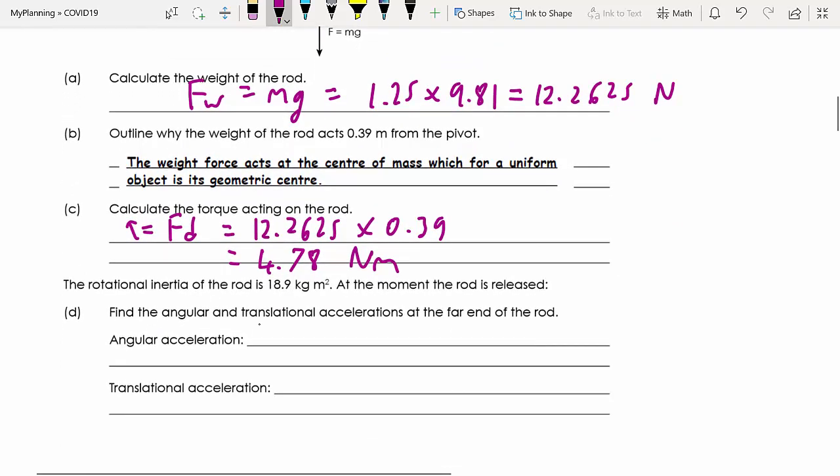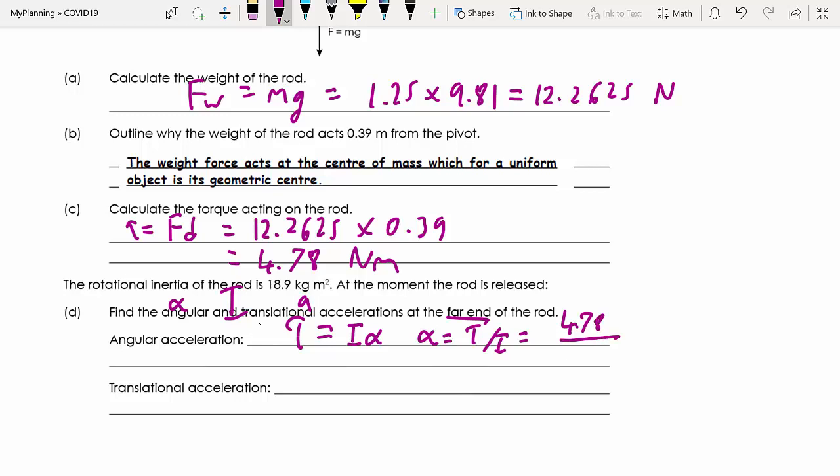It says the rotational inertia of the rod, so I, is 18.9 kg m squared, at the moment the rod is released. We need to find the angular acceleration and the translational acceleration at the far end of the rod. So for the angular acceleration, we're going to use tau equals I alpha. We're looking for alpha, and so it's tau divided by I. The torque is 4.78 Newton meters. The rotational inertia is 18.9. If I divide those two numbers together, I get